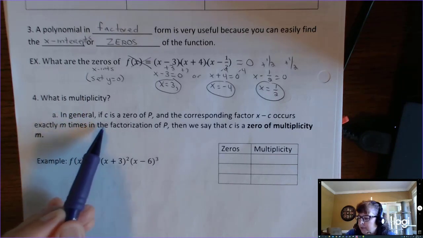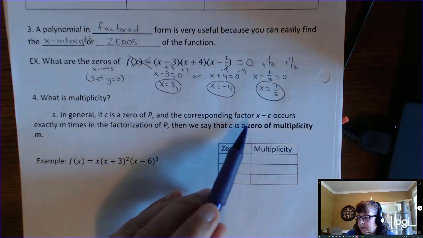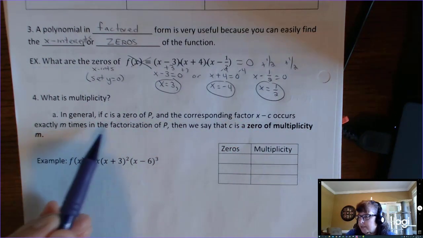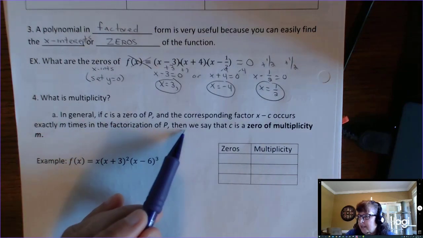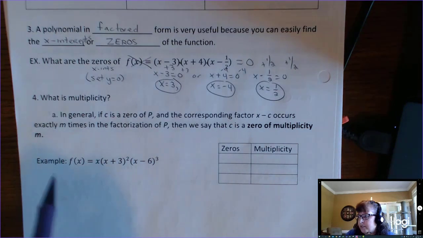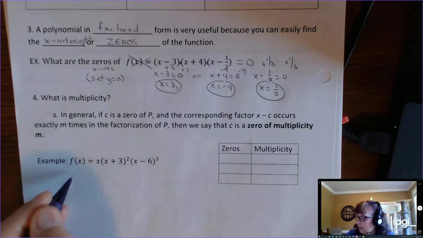In general, if c is a 0 of p, the polynomial, and the corresponding factor x minus c occurs exactly m times in the factorization of p, then we say that the 0 c has multiplicity m. That's very complicated, easy to understand if you're looking at an example. Okay, so here is an example,